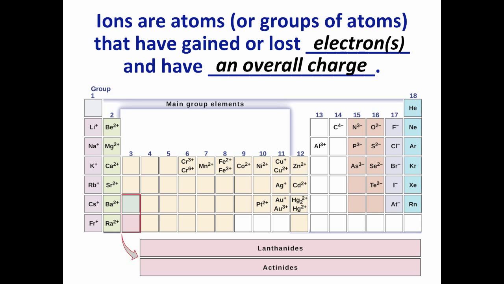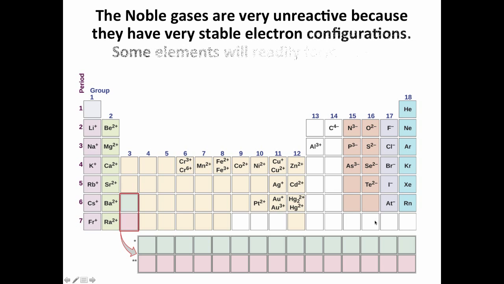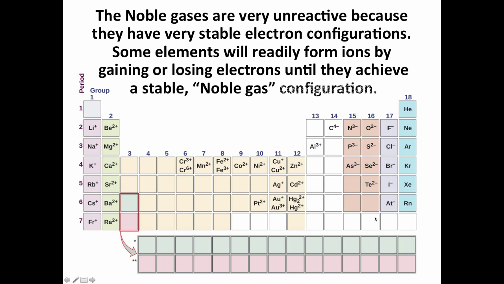Now, one other thing to note is the noble gases don't form ions at all. They're not reactive. They are very difficult to form compounds, very difficult to have them gain or lose electrons. And this is actually part of the basis for why the periodic table is arranged the way it is, and a lot of the basis for why reactions happen the way they do. And that is because the noble gases are very unreactive. And the reason they're very unreactive is they have very stable electron arrangements or configurations the way they are just